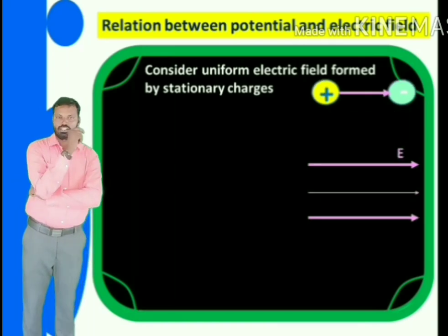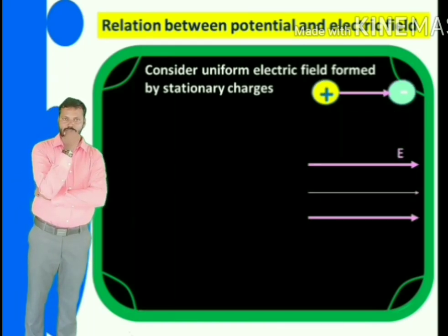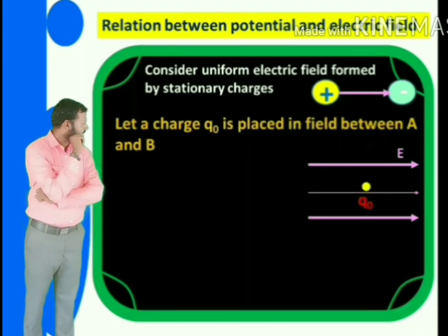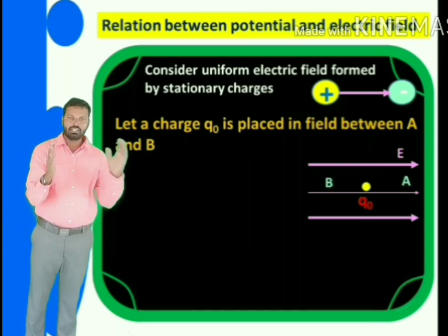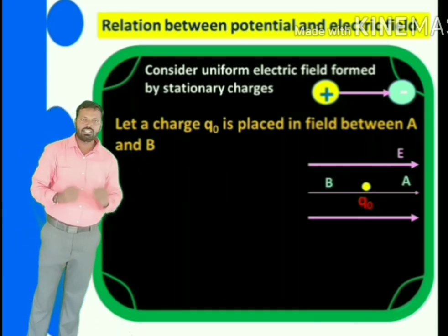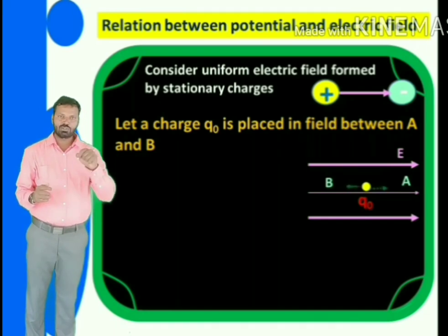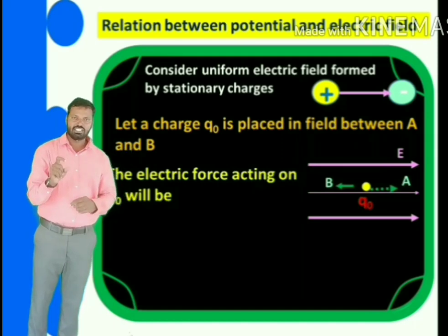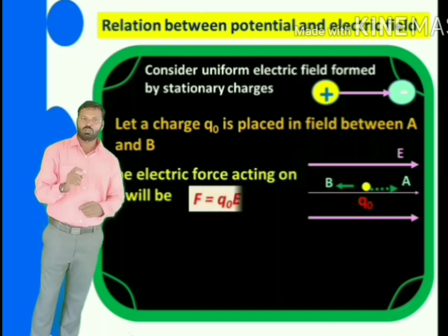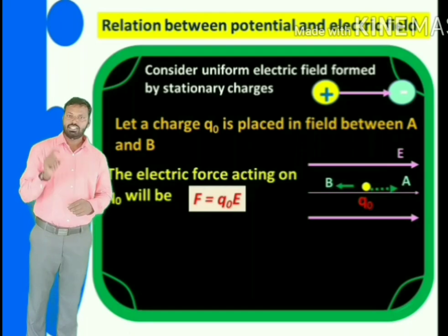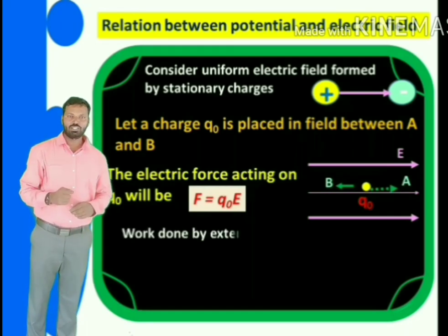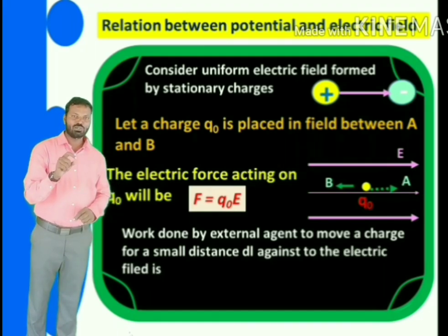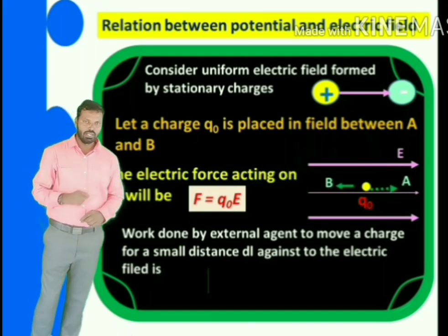Consider a uniform electric field which is formed by stationary charges. Let Q0 be a charge which is placed between 2 points A and B. The electric force acting on this Q0 charge because of the stationary electric field E is given by F is equal to Q0 into E. The work done by an external agent to move a charge for a small distance dl against this force is given by